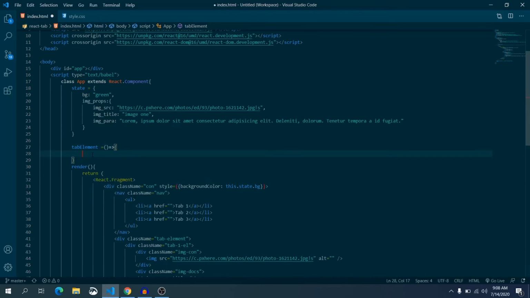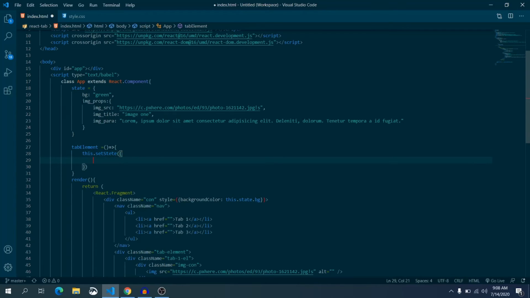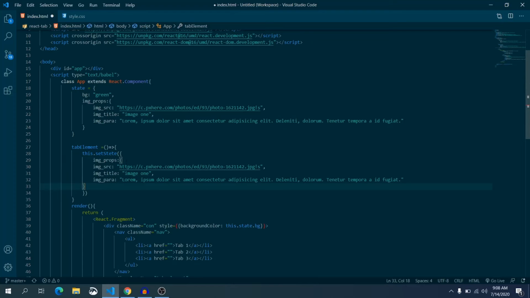Now here, to change our state there is a function, this dot set state. From here we can change our image state. Okay, just copy like this,